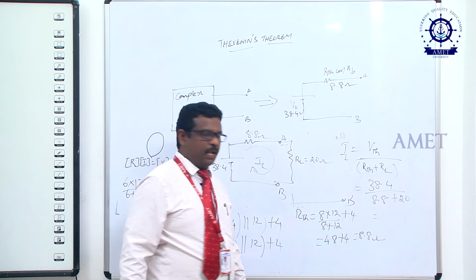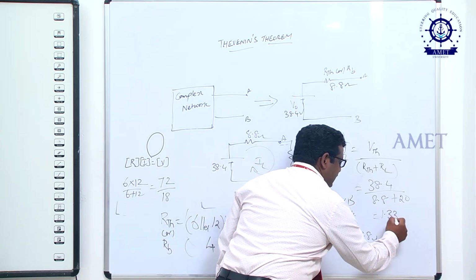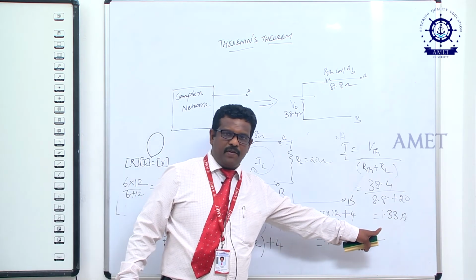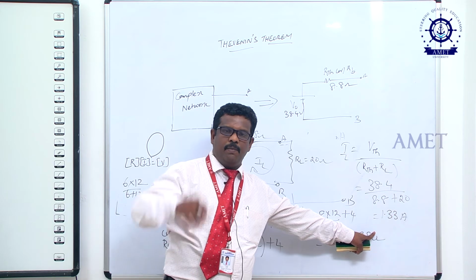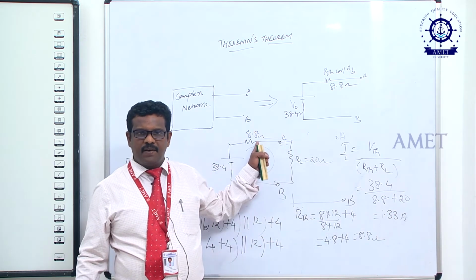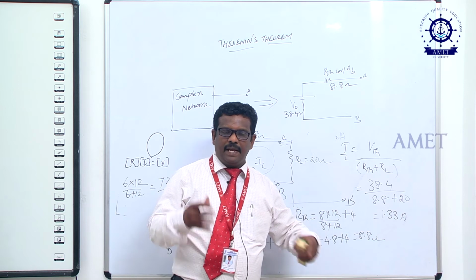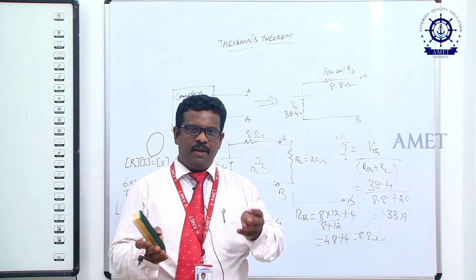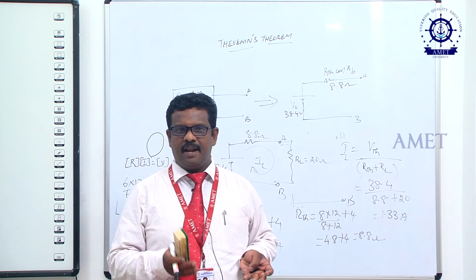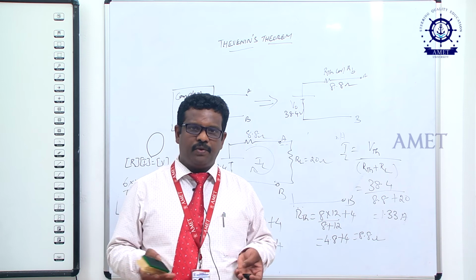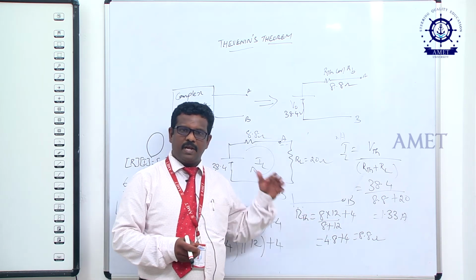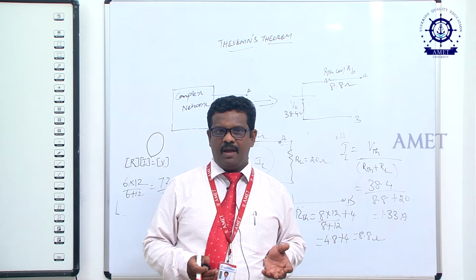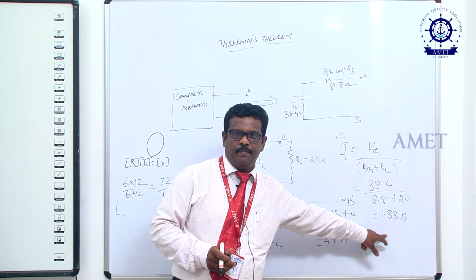The load current is 1.33 amps. The same amount of current will be flowing as in the previous problem, which we did based on Kirchhoff's law. Now you can easily understand Thevenin's theorem. How do you feel, which one is easier, KVL or Thevenin's theorem? If you prefer Thevenin's theorem, you can solve the problem by Thevenin's theorem. If you prefer KVL, you can apply KVL. Both answers must be the same, right?